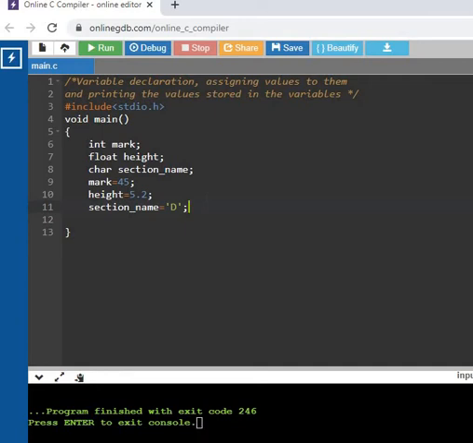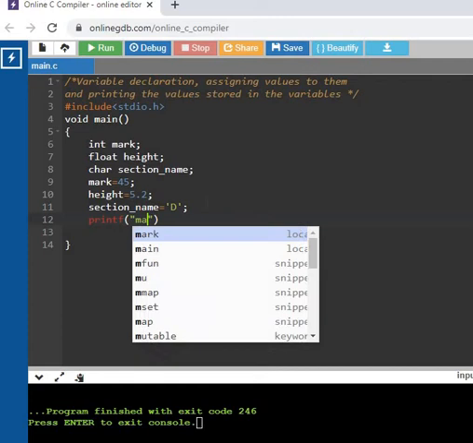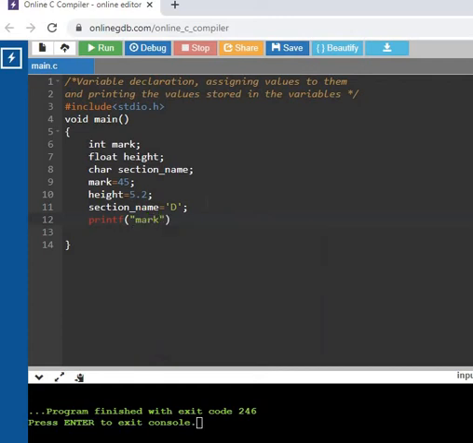Now I want to print the values I have stored in them, to check whether they are correctly stored or not. So what is the mark value? Mark equal to, and if you want to print an integer, you have to give percentage %d. It will print a decimal number; that is the format specifier. So I want to print mark here.